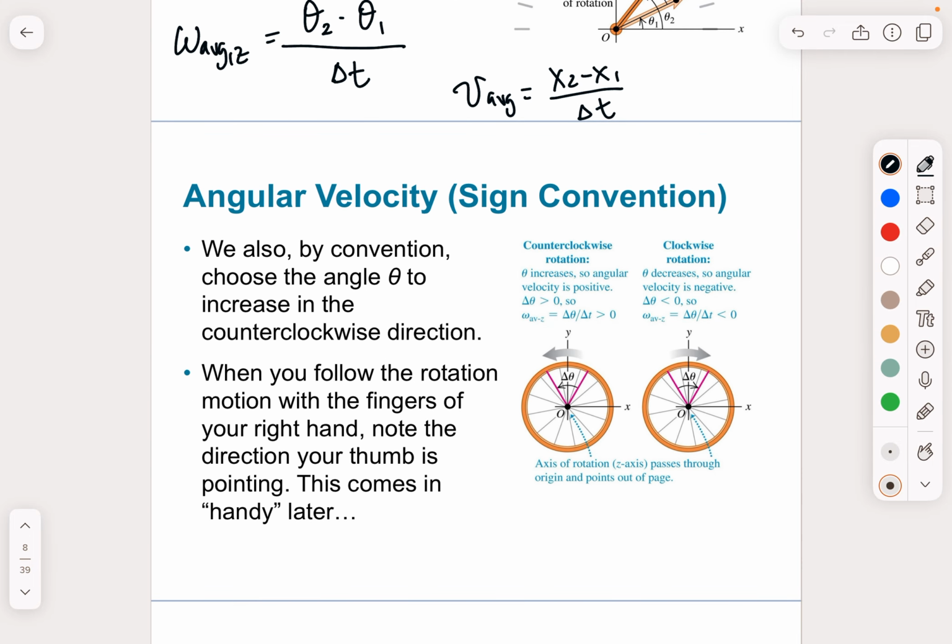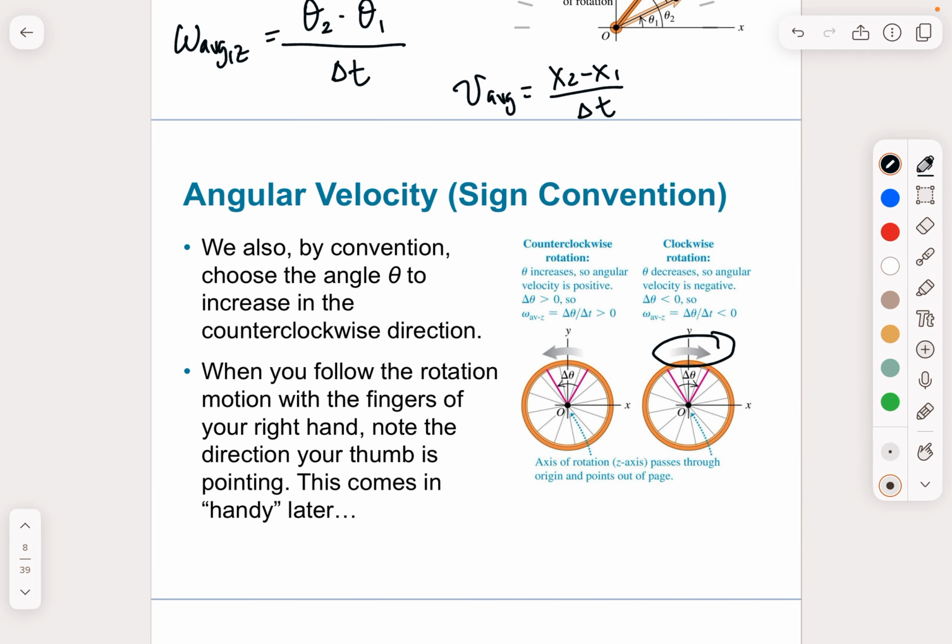There we go. So, what's a positive velocity and what's a negative velocity in angular velocity terms? Another convention is that we choose increasing angle, so positives or increasing angles, to be counterclockwise, okay? The reason for that is if you take the fingers of your right hand and follow that grayed arrow right here, trace it around, take a look at where your thumb is pointing. When you do that, your thumb is pointing into the page, and technically that's going to be the negative